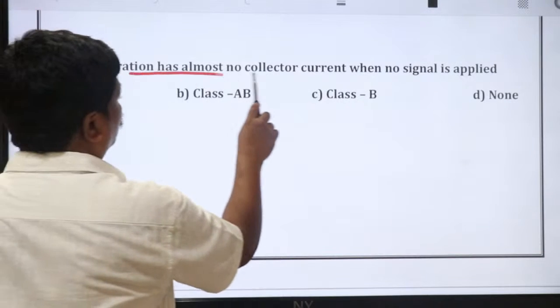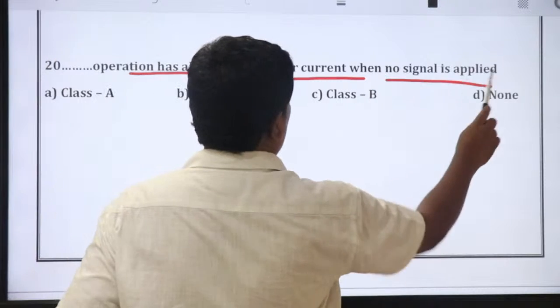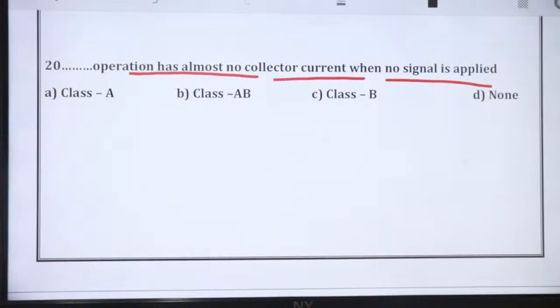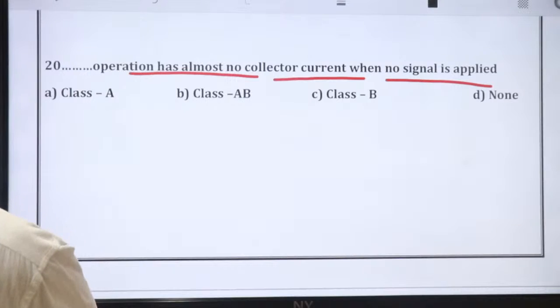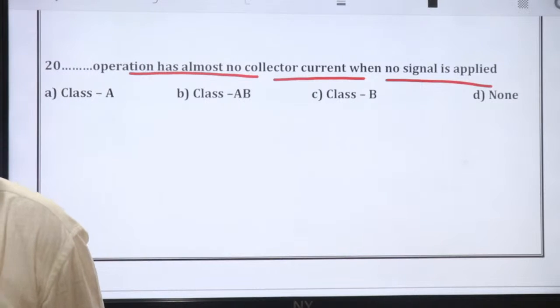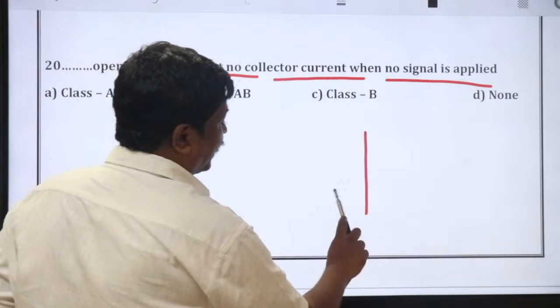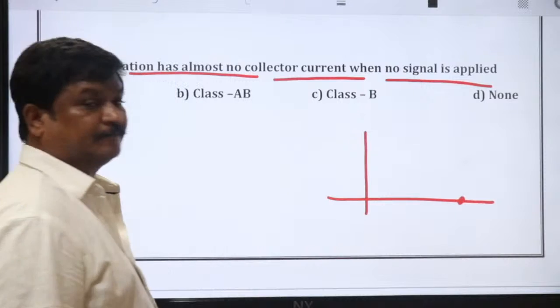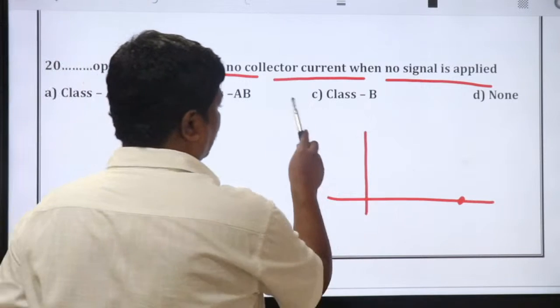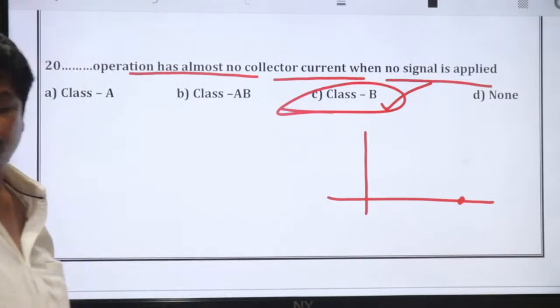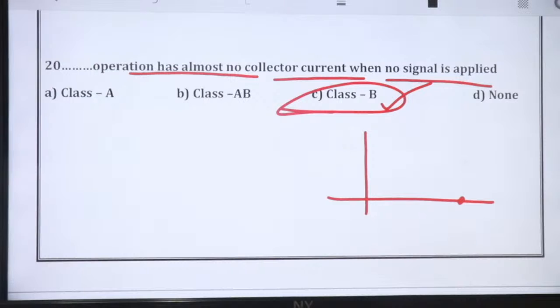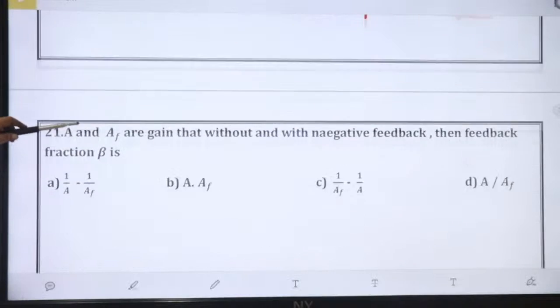Dash operation has almost no collector current when no signal is applied. No signal is applied, no collector current. Because your operating point for Class B configuration is selected here. So that's why no collector current means this one, Class B. Class B, right. Next,